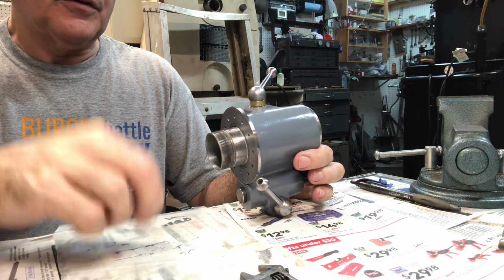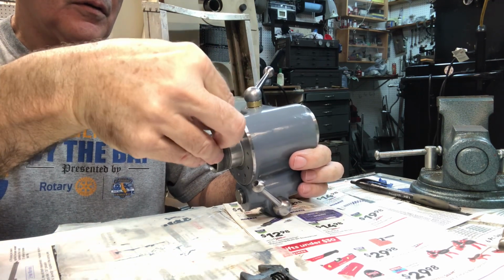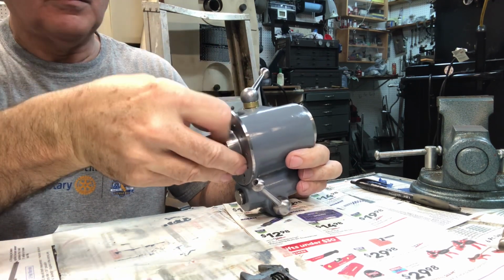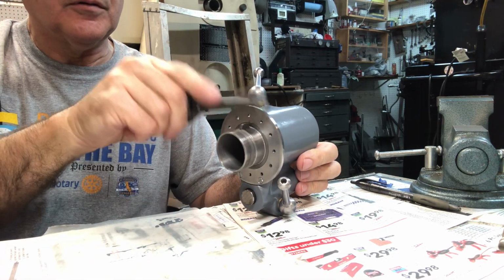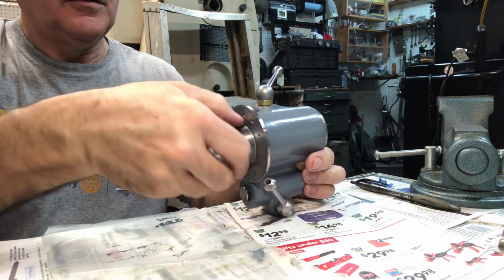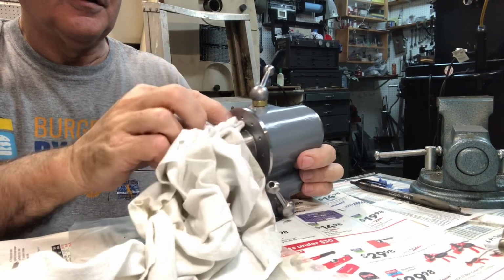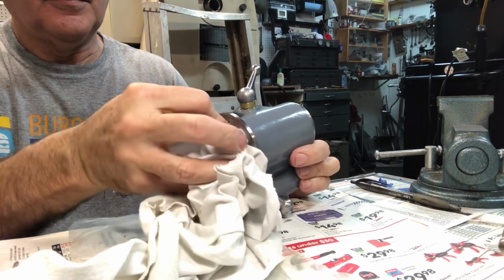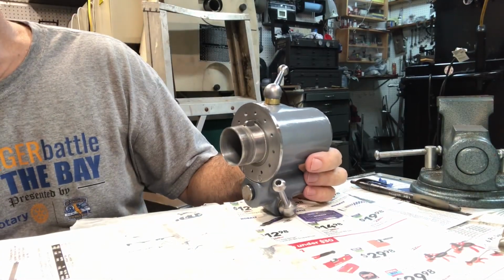There's the Woodruff key, put it in position. I should have brought my little brass hammer out here, but let's try a little real high tech. Alright, and now we slip on the